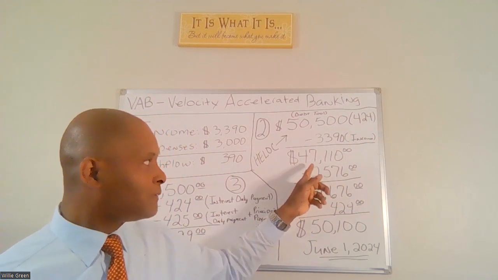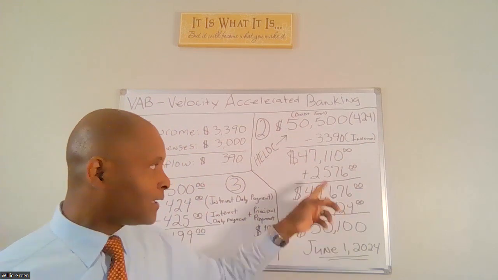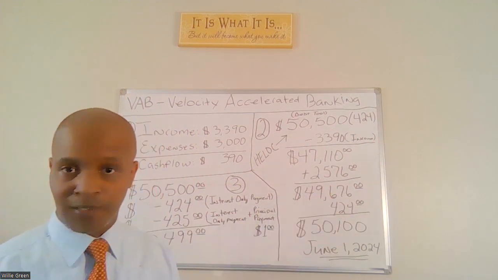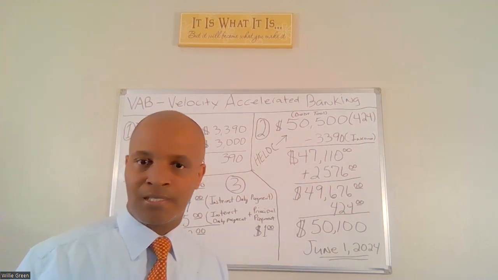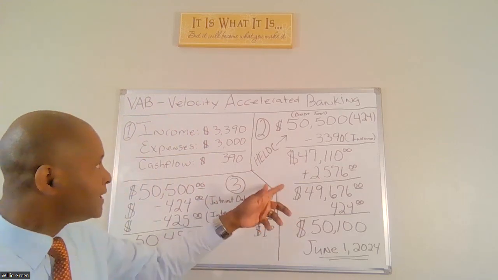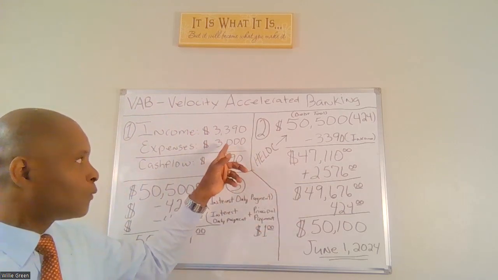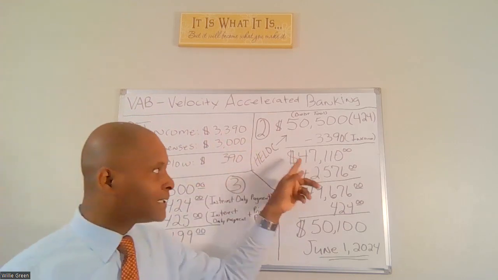Next, that gives me the balance, as I said, of 47,110. Now I have expenses. So with velocity banking, accelerated banking, you put your expenses back onto whatever debt tool that you're using. And in this case, my expenses came up to 3,000. But because